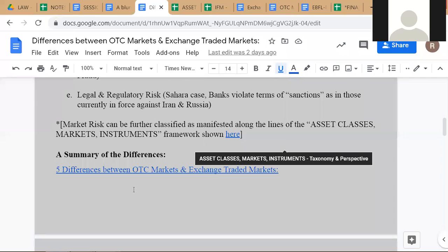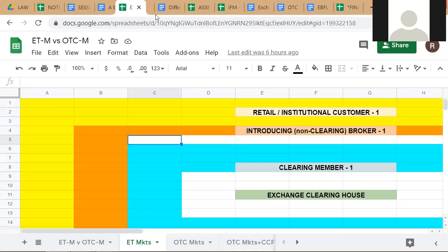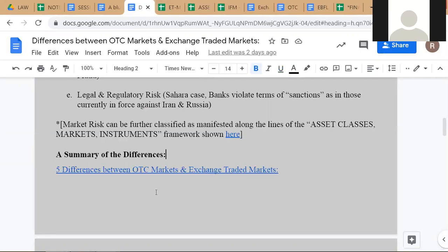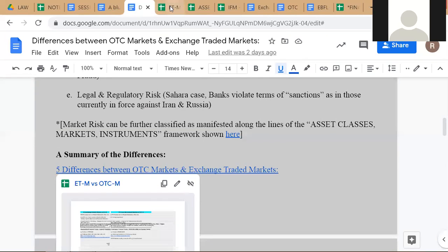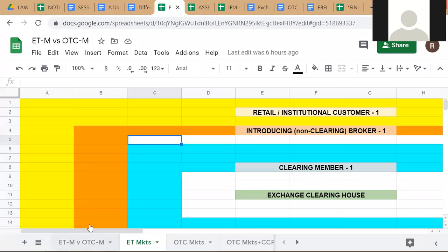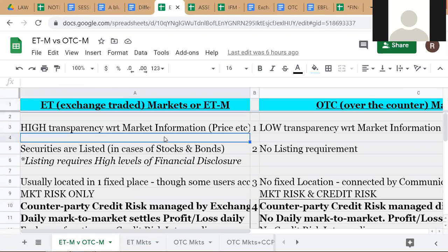All right, so where we were the other day is we had gone to this file. Let me just take you back to this document here. In this itself, you will find a further document. This is what we were looking at. This link, if you click this link, you will get this file. And this is what we had shown you, which can be our kind of benchmark for looking at,